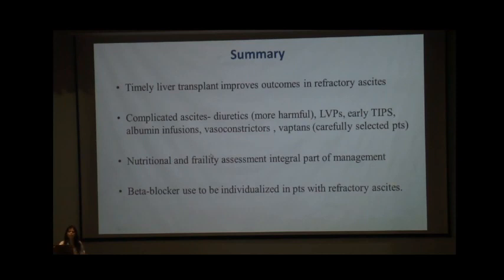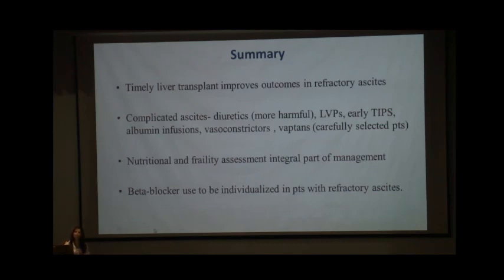So I would like to summarize by saying that in refractory ascites, timely liver transplant improves outcomes and should be considered. In complicated ascites, diuretics are very harmful, and we should generate more data on what the appropriate dose of diuretics is and how it is harming renal function. LVPs are an important way of managing these patients. Early TIPS is something where RCTs are required to see after how many taps you should consider and randomize